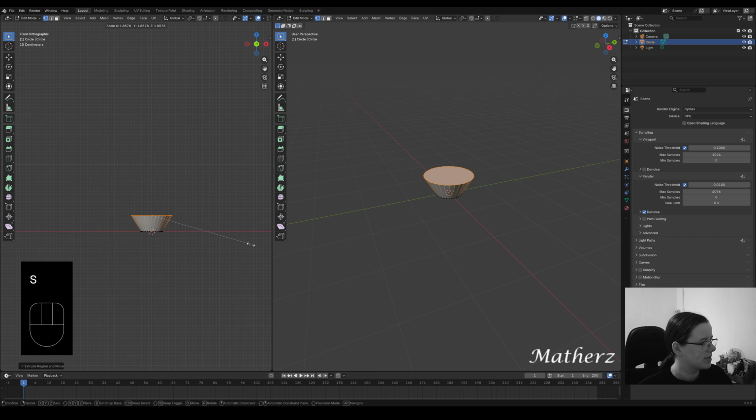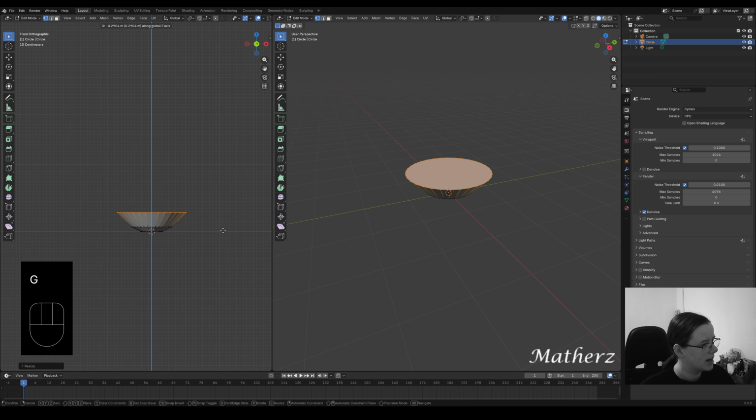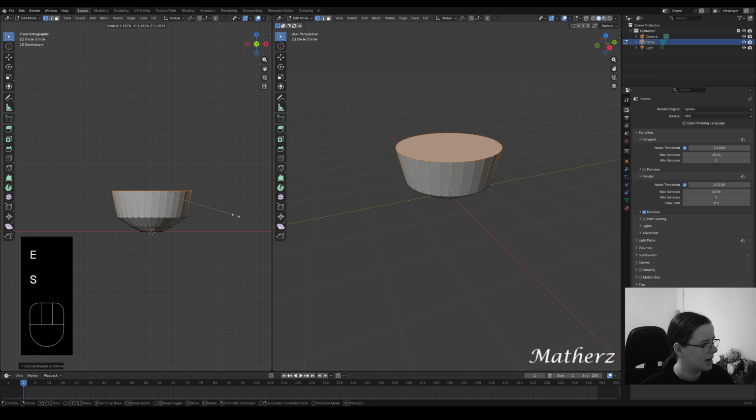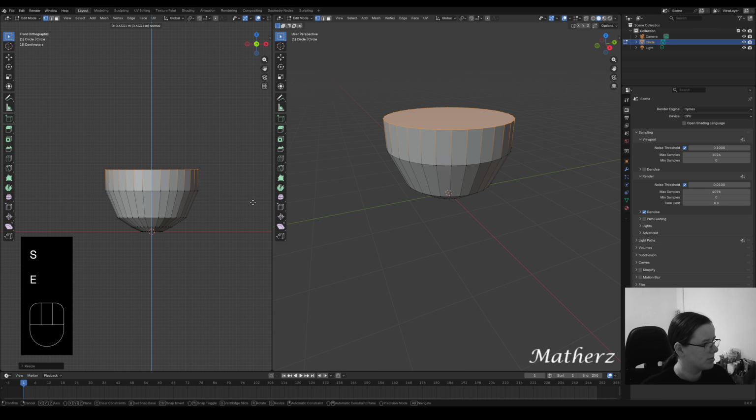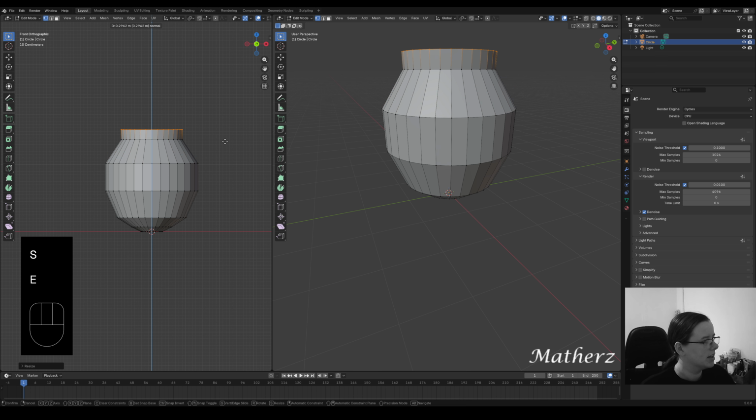Let's go S for scale and pull this outwards. E for extrude, S for scale. And you just want to go ahead and round this to essentially an apple kind of shape. So we could go something like this, and then we can start bringing this back in on itself, and then we can press G and bring this down,